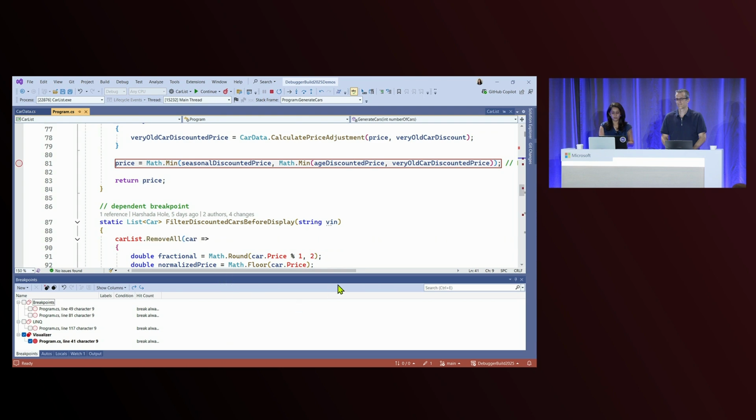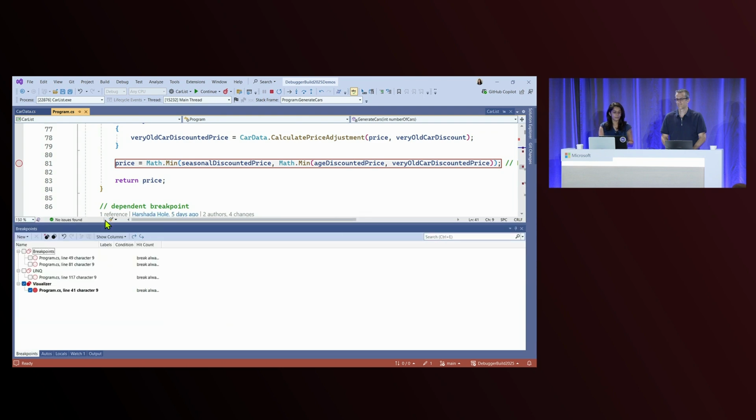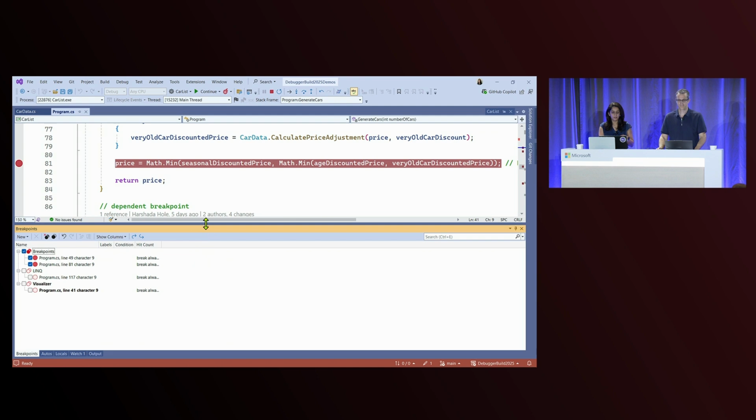Before I do that, what I'm going to do here is go to my breakpoints window. If you notice, I have my breakpoints nicely organized in these groups. So I'm going to disable my visualizer demo breakpoints. I'm going to go to the breakpoints demo breakpoint. These are again very few breakpoints, but when you have a whole list of breakpoints, you can use breakpoint groups to arrange them nicely, and you can use them to disable or enable depending on your scenario. For me, it's different demos. So I can easily manage the breakpoints without removing them.